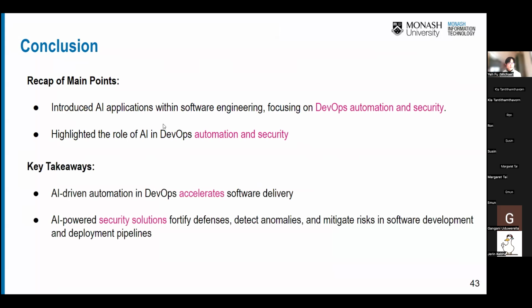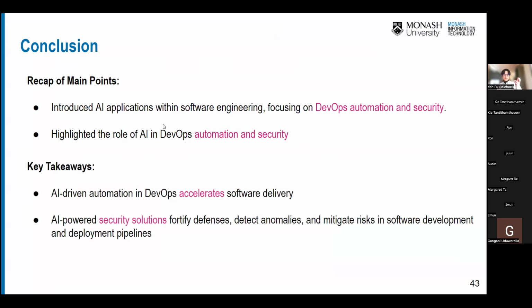The key takeaways are that AI-driven automation in DevOps accelerates software delivery, because there are a lot of tools that are useful for software planning, development, deployment, operation, and monitoring. And AI-powered security solutions fortify defenses, detect anomalies, and mitigate risk in software development and deployment pipelines. So that's probably all for today.